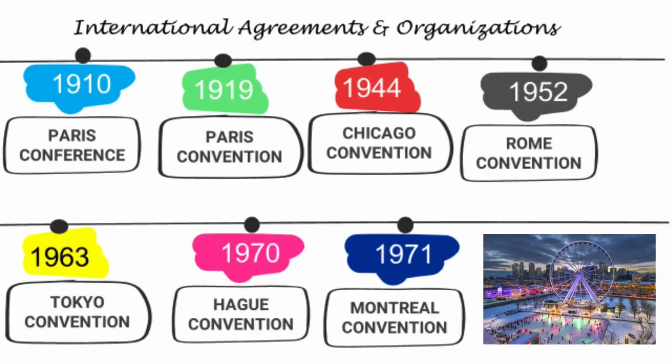Montreal Convention for the Suppression of Unlawful Acts Against the Safety of Civil Aviation. The convention deals with acts other than those covered by the Tokyo and the Hague Conventions. The Montreal Convention defines a wide spectrum of unlawful acts against the safety of civil aviation, and the contracting states have undertaken to make these offenses punishable by severe penalties.